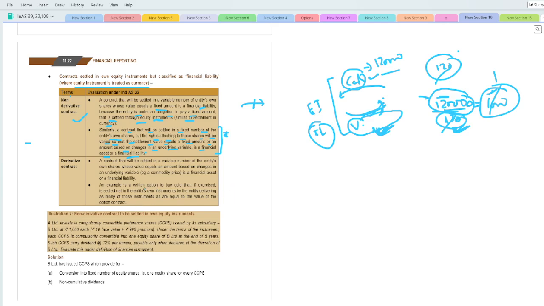An example is written option to buy the gold. तो यहाँ पे क्या हो रहा है, सपोज मान लो संभव को गोल्ड मिल रहा है, फिक्स नंबर ऑफ यूनिट्स मिल रहा है गोल्ड से, मान लो 1 kg। ठीक है, और इसको यहाँ पे कैश पे करना है। इफ एक्सरसाइज यहाँ पे कैश के बदले कि वो अपने इक्विटी शेयर्स देगा, ओन इक्विटी शेयर्स। ठीक है, संभव के इक्विटी शेयर्स होंगे वो देगा।